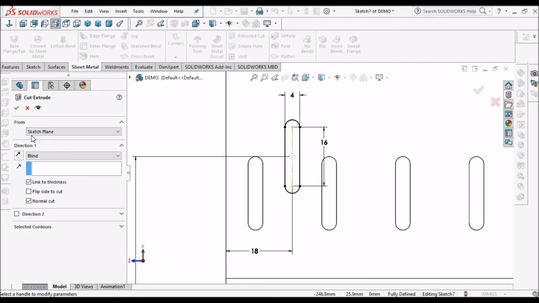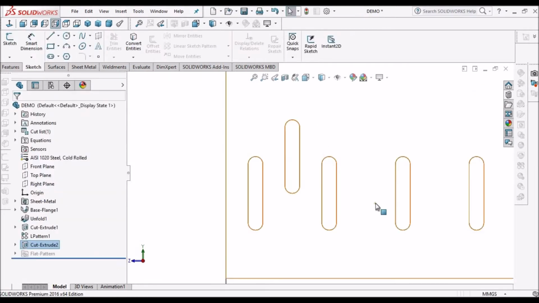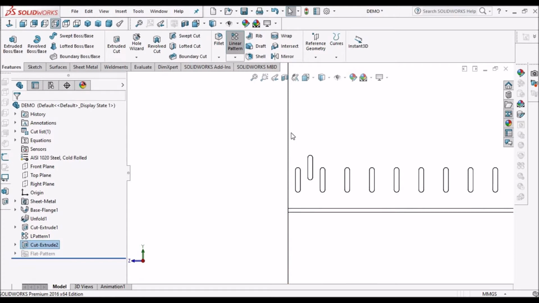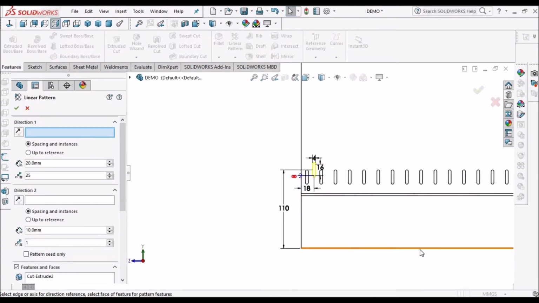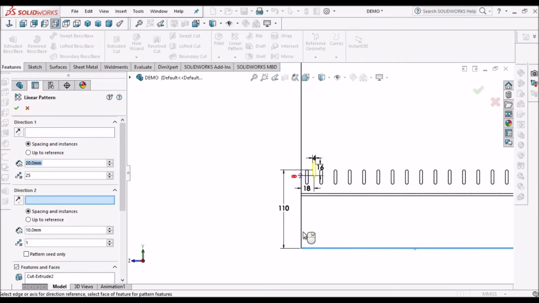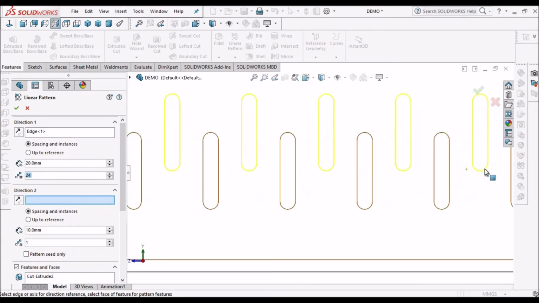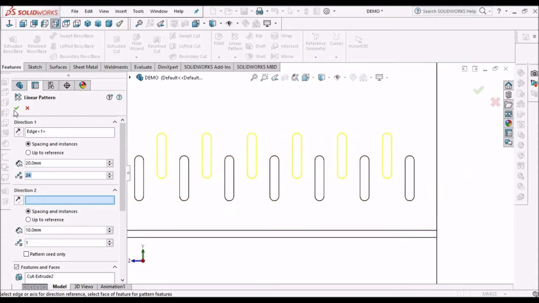So link to thickness and normal to cut. So this slot is created now. Now we have to create pattern, linear pattern. Select this edge. So 20 mm and this is 24. So number of instances is 24. It is coming exactly. Say OK.